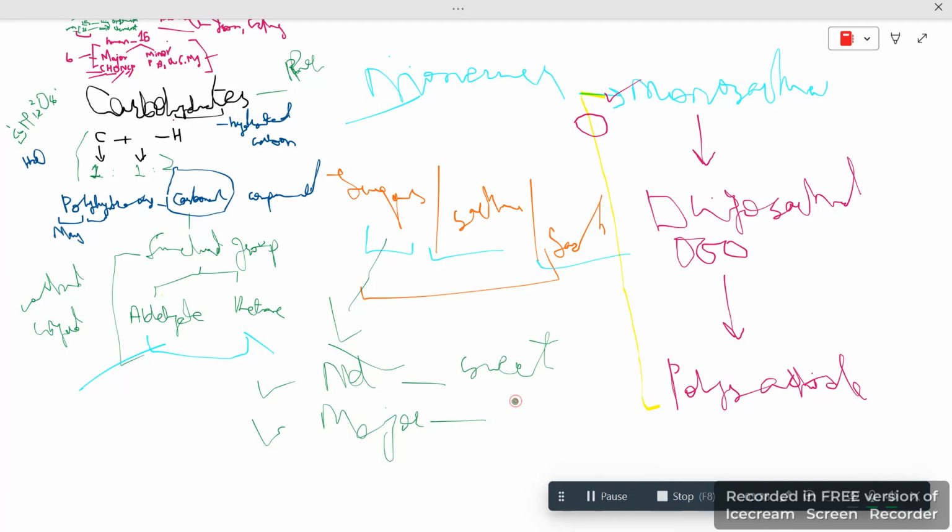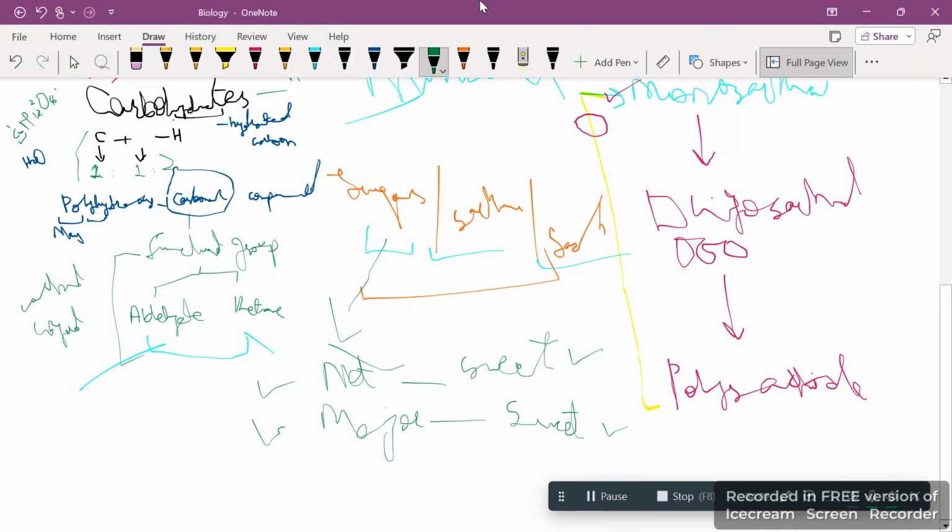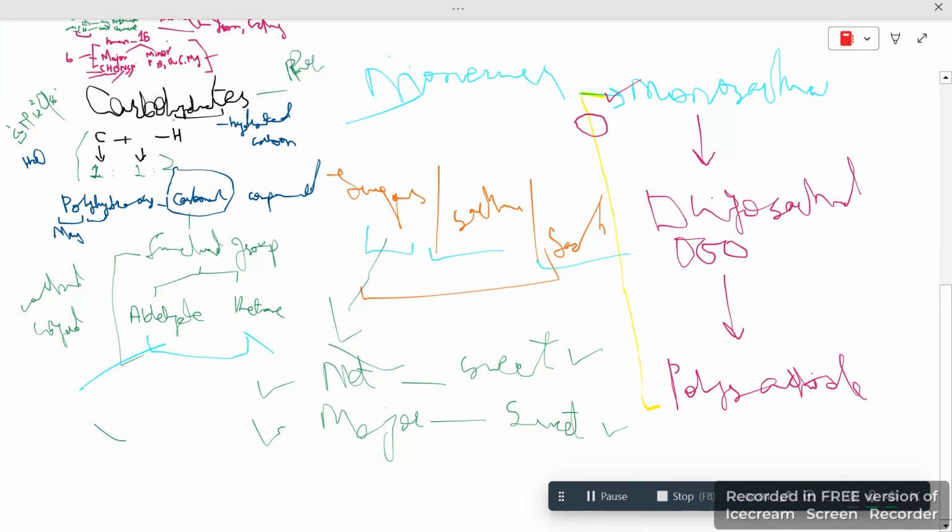You will see major carbohydrates which will be sweet, no doubt. Major means we can give a percentage, that will be 70%, but we cannot say that all carbohydrates are sweet, whereas you will find some which will be not sweet. So we can say these both statements are true. We can say that not all carbohydrates are sweet.